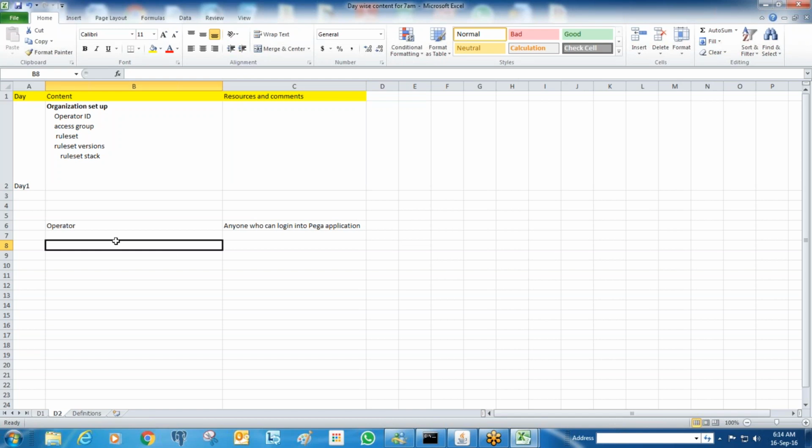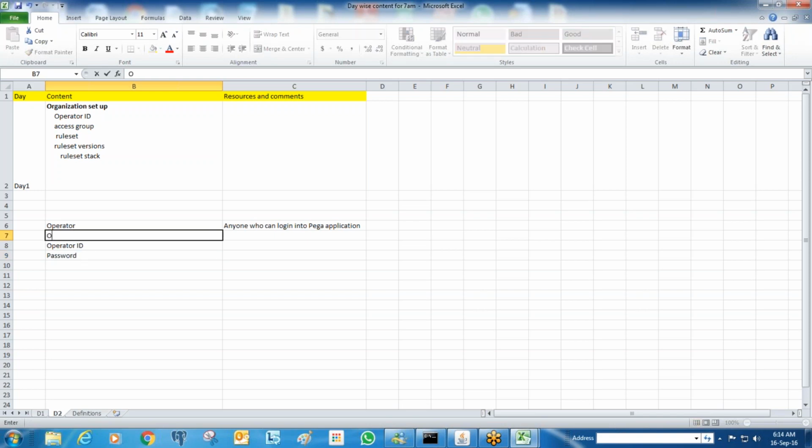Every user will be having username and password, that is mandatory. Here also we have operator ID. Operator ID is equivalent to the username, and the password is common password.